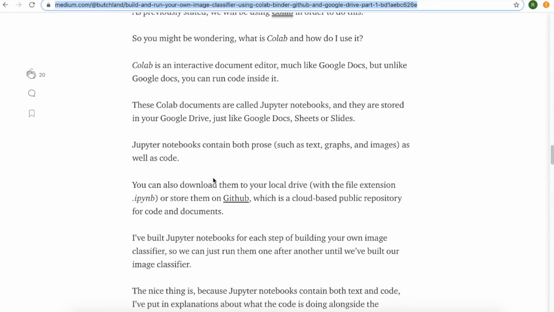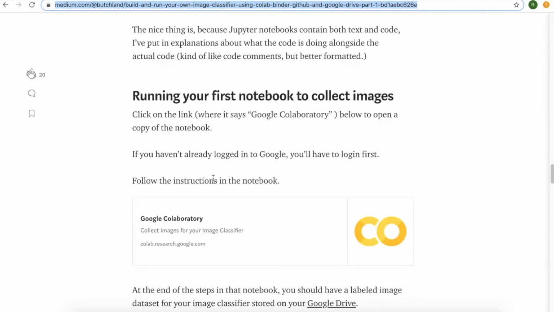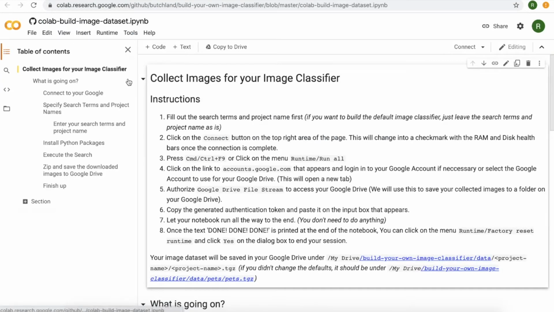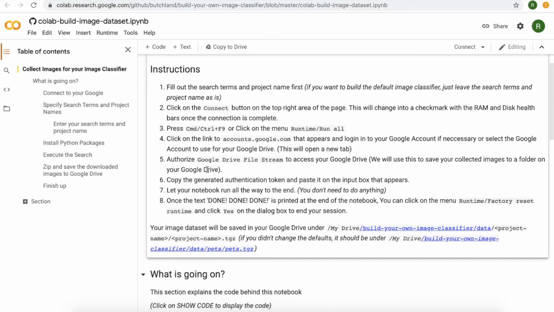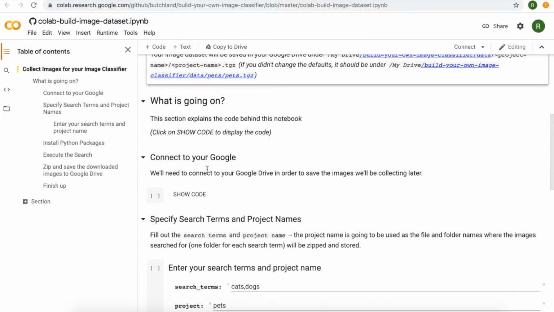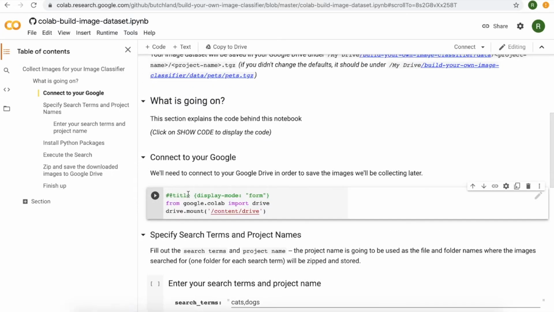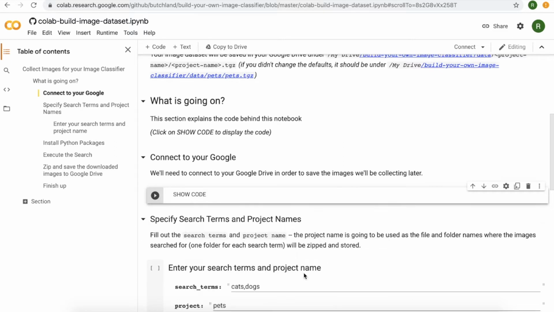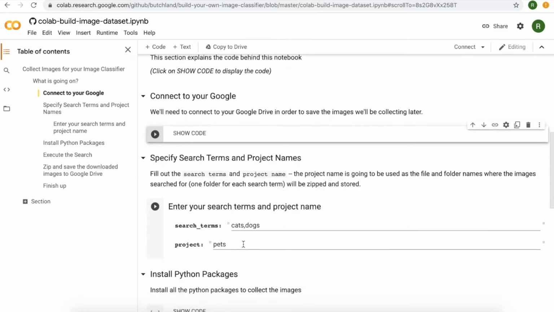Open your Colab notebook by clicking the link in the article, which should open it in a new tab. A Colab notebook, also called a Jupyter Notebook, is an interactive document, much like Google Docs, but aside from containing text, we can also run programs in it. Our first notebook, aside from containing the instructions which I wrote on how to use it, also contains the code that does the actual steps to fetch images over the internet and collect them into a dataset.